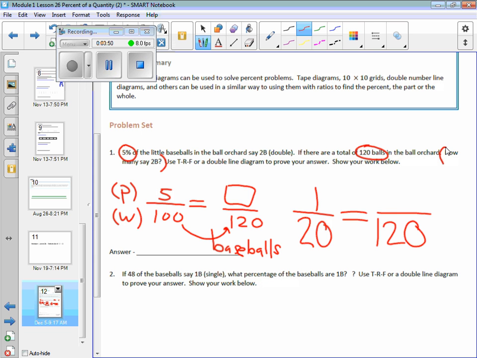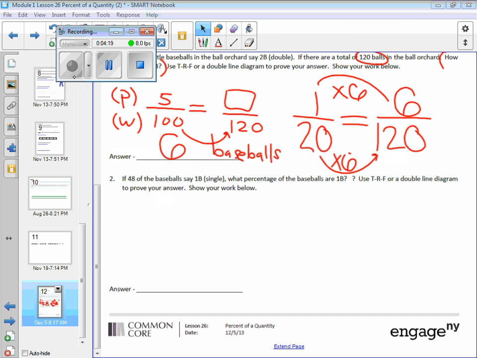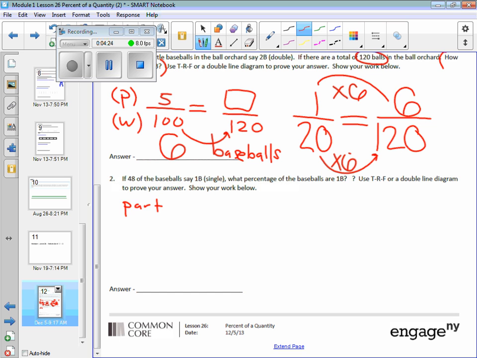And now when you look at 20 and 120, it's easier to figure out what you're multiplying by. She's going to write it down. Whatever you do to the bottom, you're going to do to the top. Therefore, 6 of those baseballs say double. Put it right there. Okay? Okay, number 2. Same thing, set up your part to whole ratio template,